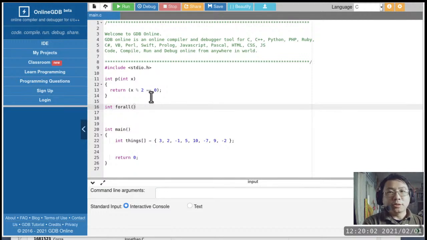The first one may be a little foreign to most of you: we need to pass a pointer to a function, because we need to pass p as a quote unquote variable. We don't want the for all function to apply only to the function p all the time. We want to be able to specify what predicate we are talking about when we use for all.